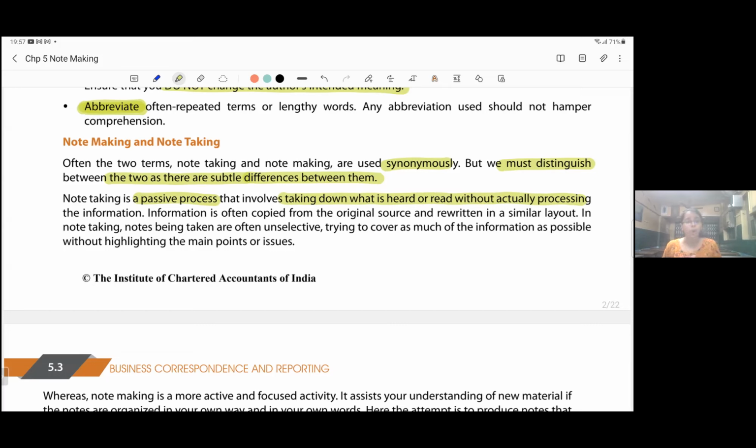And note taking means what? What I am making you all write without understanding. You all are writing all the things. You all are understanding, but you all are not